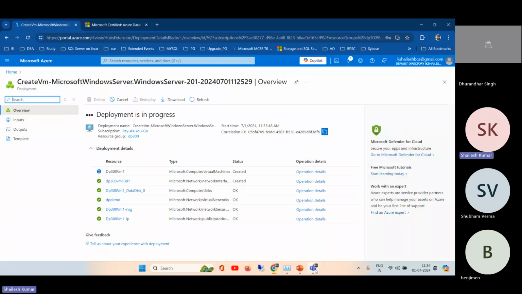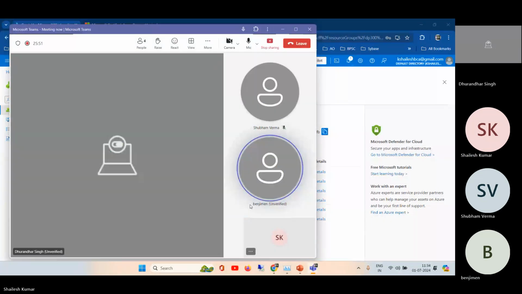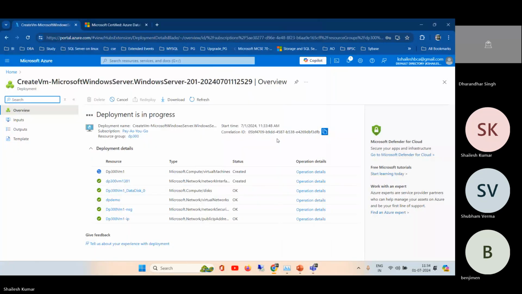This is the VM part. Committing all the data here.